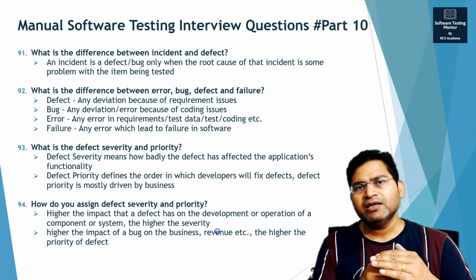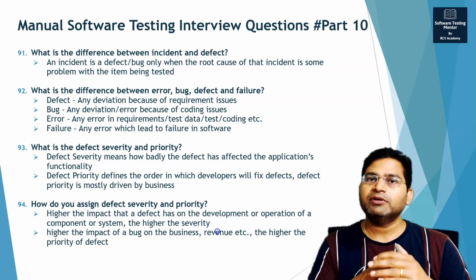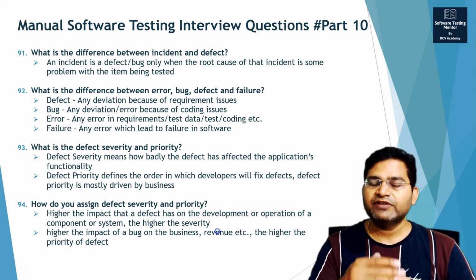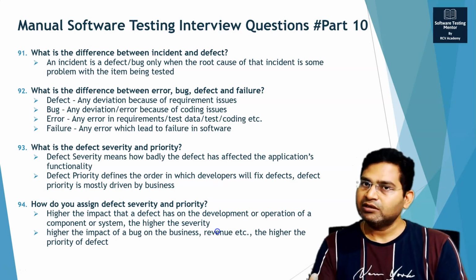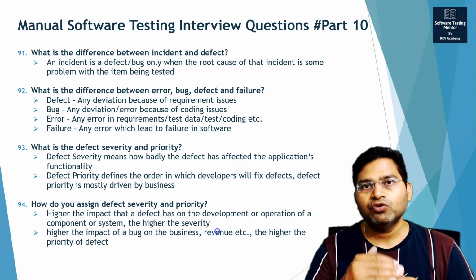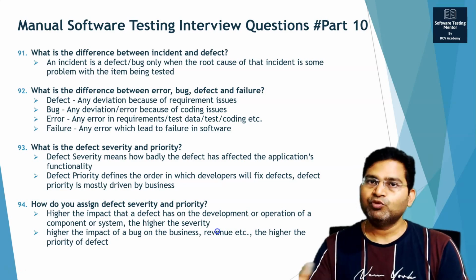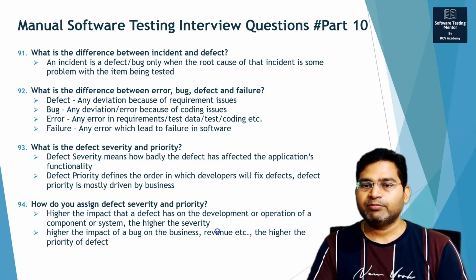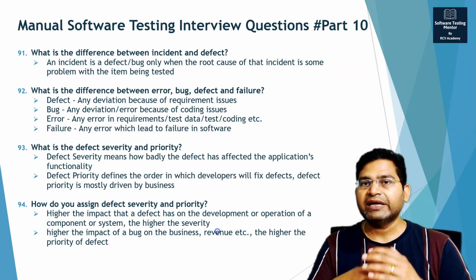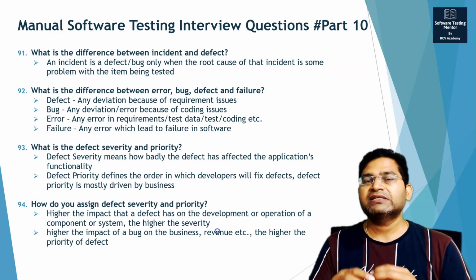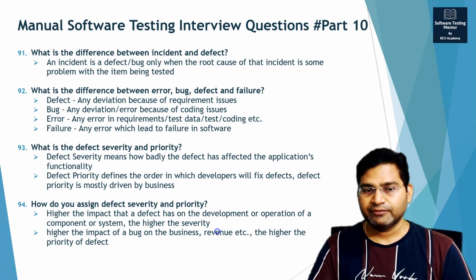So this is low severity, but business will say, no, this needs to be fixed immediately, because we cannot have a spelling mistake on our key website. This is an example of low severity and high priority. Business will say this needs to be fixed immediately before we move on with other scenarios and development work. So this is how you assign severity and priority. Priority is mostly decided in the defect triage meeting, wherein business decides in what order the defects will be fixed by the development team and when they will be fixed. Okay, so let's move on